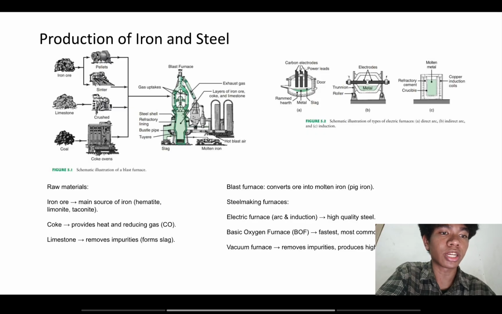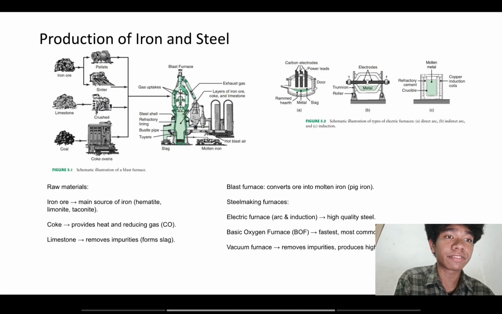The three raw materials are tossed into the blast furnace, and the operation is called charging the furnace. A blast furnace is basically a large steel cylinder lined with huge bricks, and it has the height of a 10-story building, so it's really big. The charged mixture is melted by reaction at 1650 Celsius, with preheated air at about 1100 Celsius.